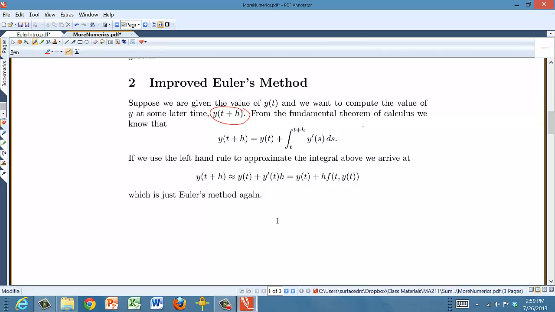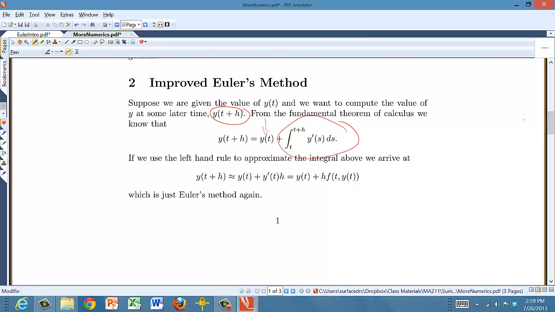What can we do? Obviously, this integral is the trouble part. We know this, but we don't even have an expression for y. We don't have an expression for y prime. We can't calculate that integral. So what we can do,